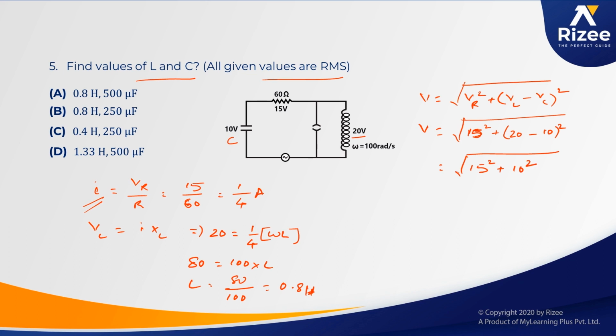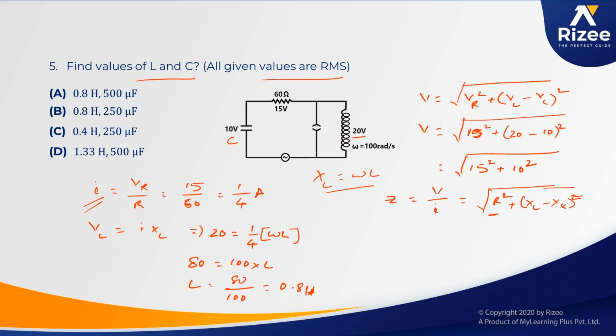Now when you get the V value, you also have the maximum total current in the circuit. So Z can be calculated as V by I. V by I is going to be how much? So if you can calculate the Z value here, the Z value is also equal to the root over R square plus XL minus XC whole square. So from this one, for the Z value, you know the R value is going to be 60, and the XL value you can calculate here. So XL is nothing but your omega L. Omega is 100, and the L value you also know.